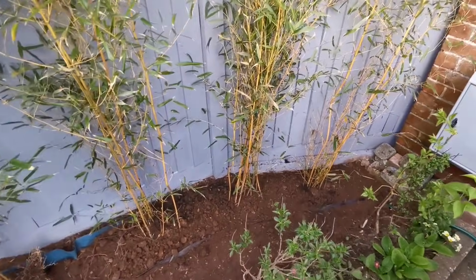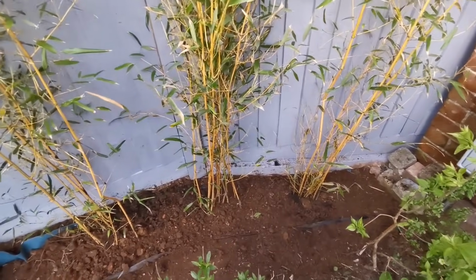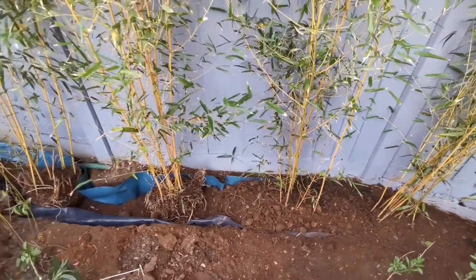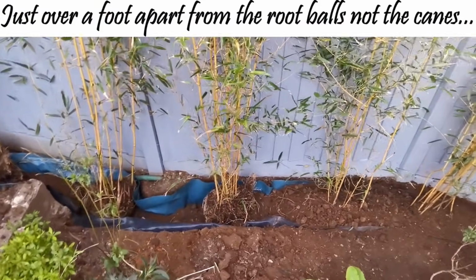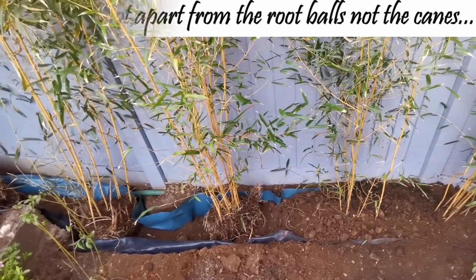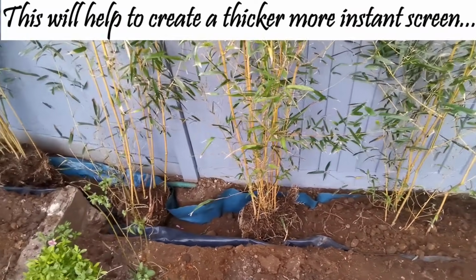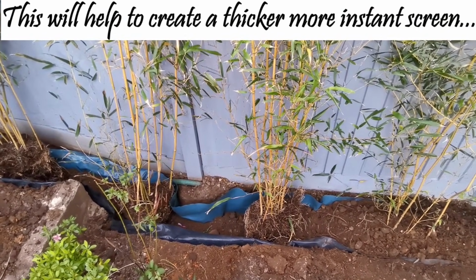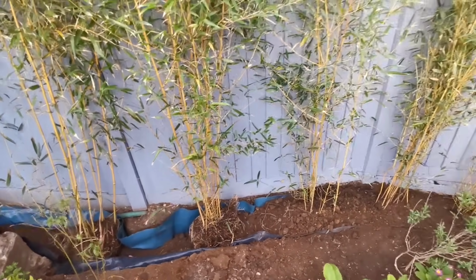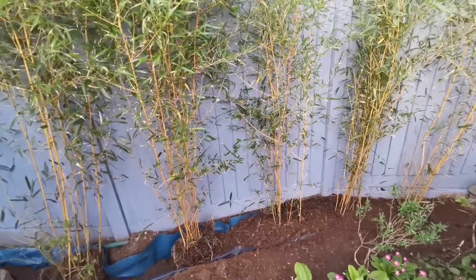So we're halfway there, we've got 3 plants in. And you roughly want to space them out just over a foot, obviously depending on the size of the clump. If you've got a smaller clump, maybe you can pack them in a little bit closer. So the way I'm planting them, if you can't see from the camera angle, is digging quite a deep hole,